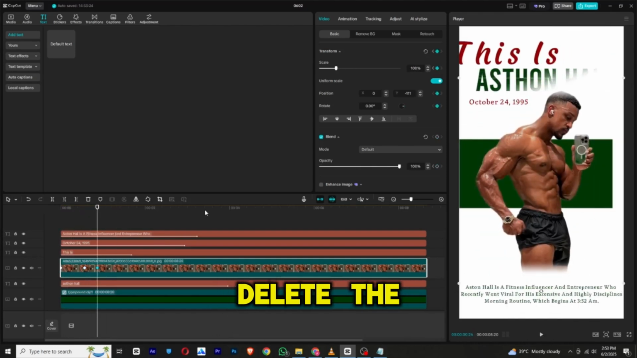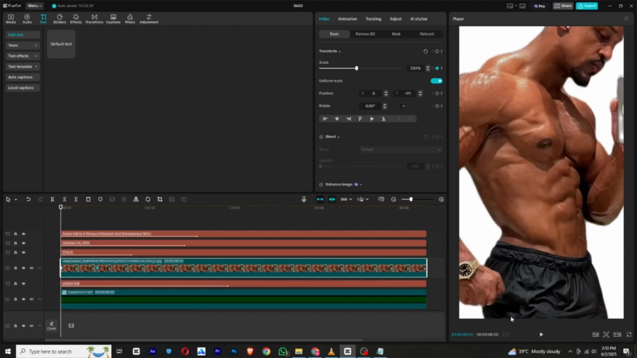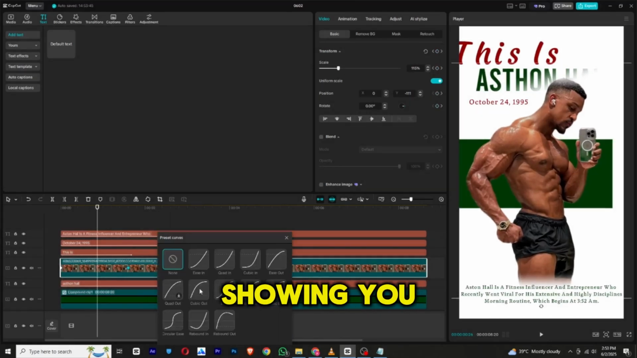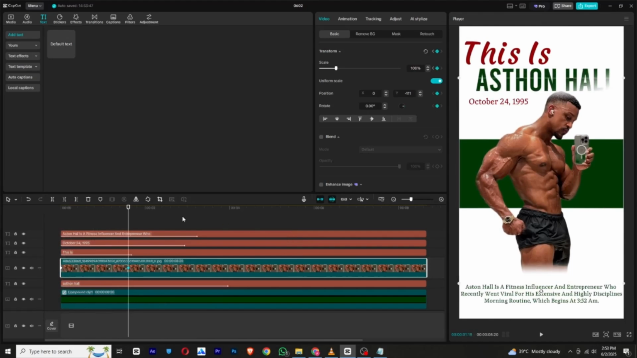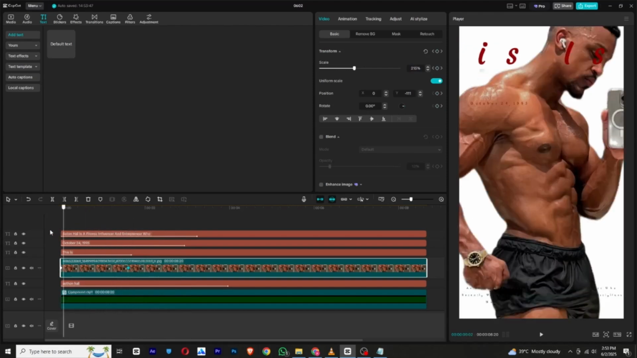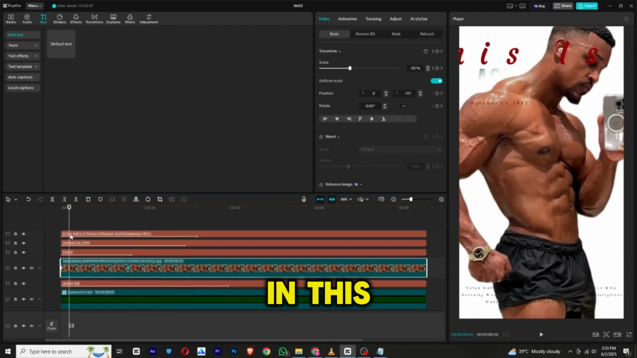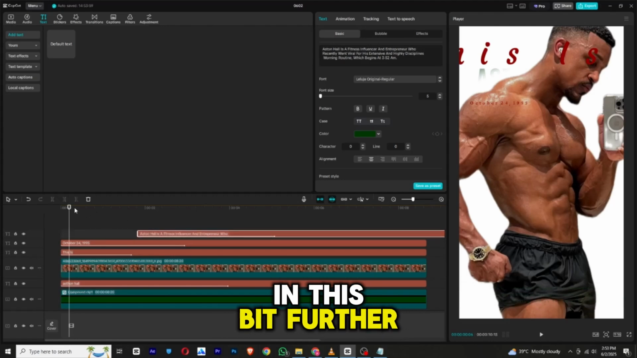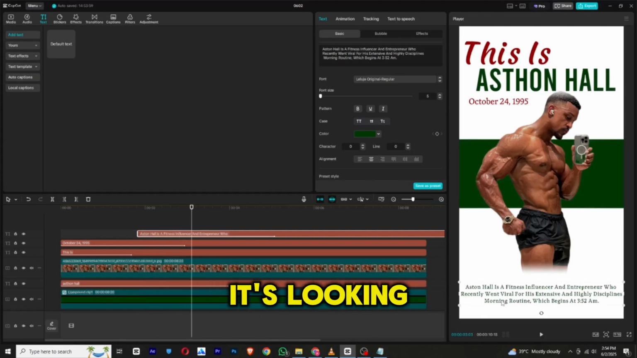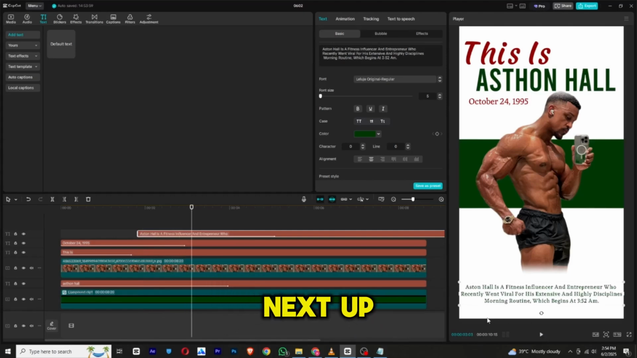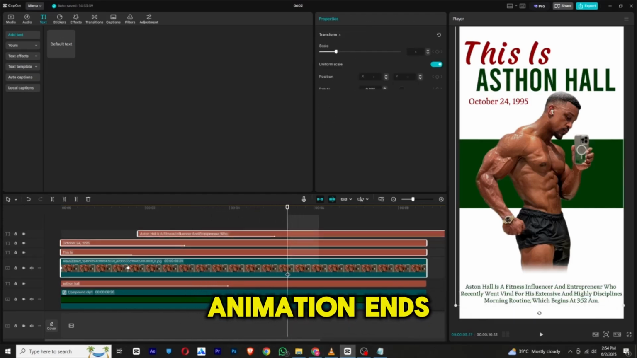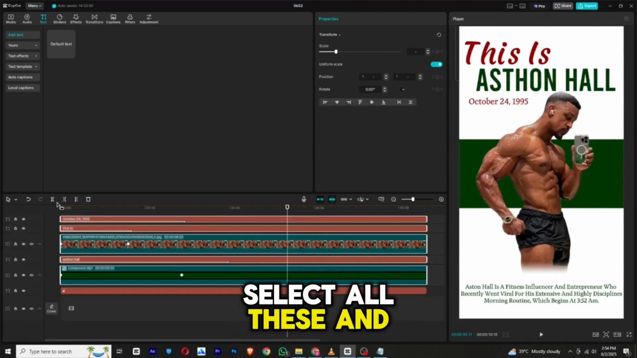So I would just delete the blend, so snap we can go like this. So I will move this keyframe. The first animation is almost ready. Move this a bit further, so it appears after the animation like this. It's looking good now. Next up, we must go to the flare where our animation ends, select all these and